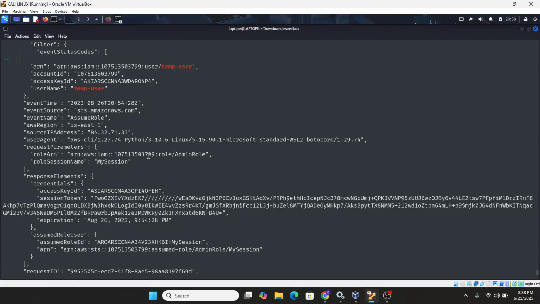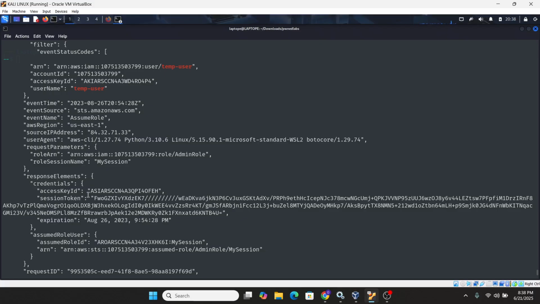Now the misconfiguration that happened here is the principle of least privilege. In the first instance, a temp user should not be given an assume role that is called admin role. Because this temp user was compromised, the attacker was able to elevate his privilege by assuming this admin role.